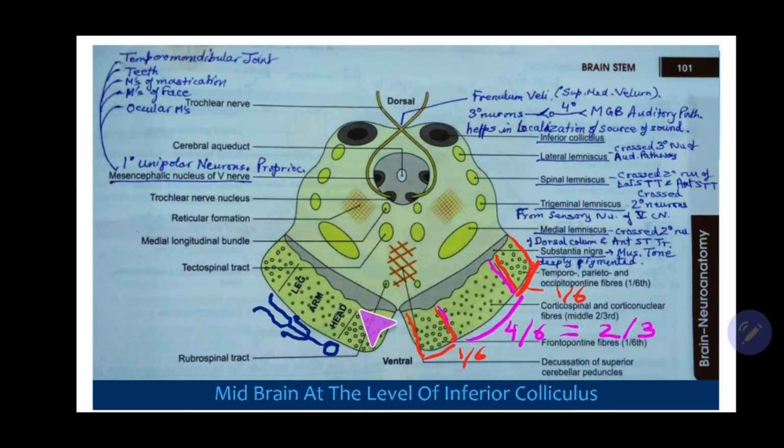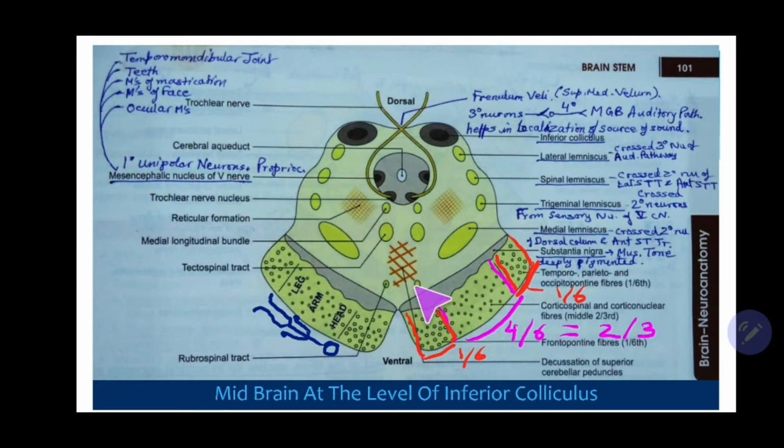This has a role in maintenance of muscle tone, and it is this region which plays an active role in the disease Parkinsonism. So this is about the pigmented layer of gray matter, the substantia nigra,